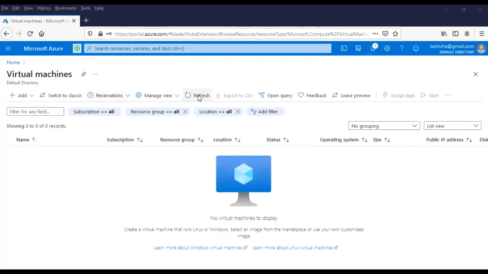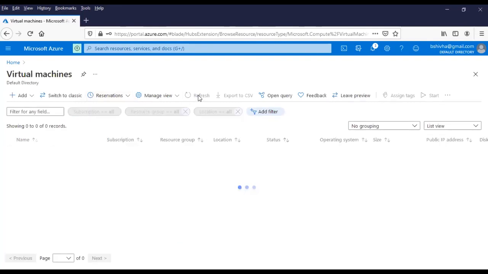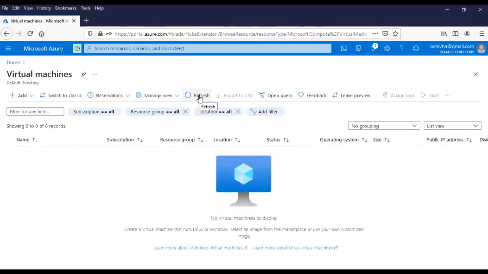It is not yet created. Let's wait for some time, because if any of your activity is in progress, you can tell it's not yet completed.